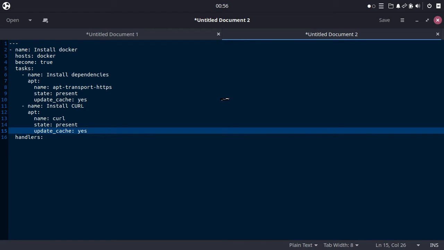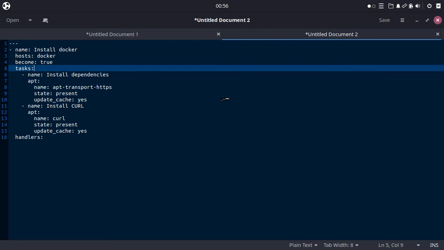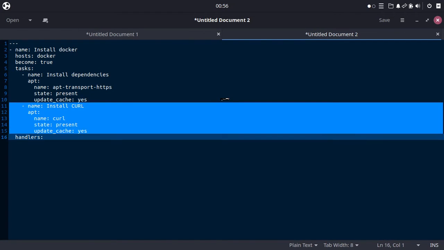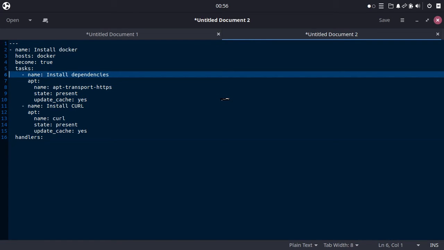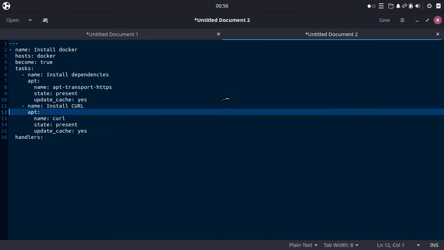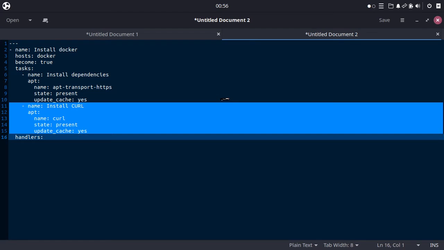Okay, so if you look at the first task and the second task, when you run this playbook, Ansible will run the first task first, and then the second task after the first task is finished.